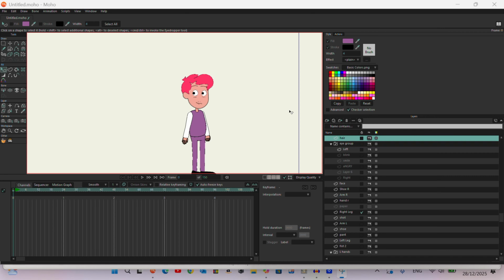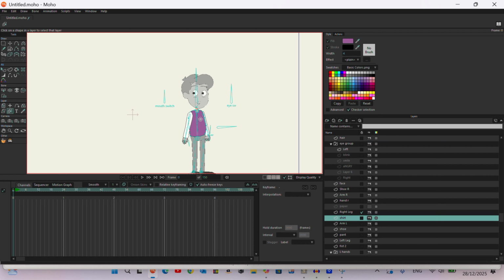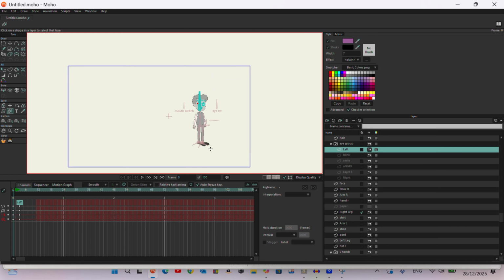Now let me show this even more clearly. I'm going to display quality and turn on fade unselected layers. With that enabled, when I switch to the Select Layer tool, only the layer I click on will be highlighted. You can see how much faster this makes selecting different parts of the character. But remember, if the Select Layer tool isn't active, you won't be able to just click on a layer and